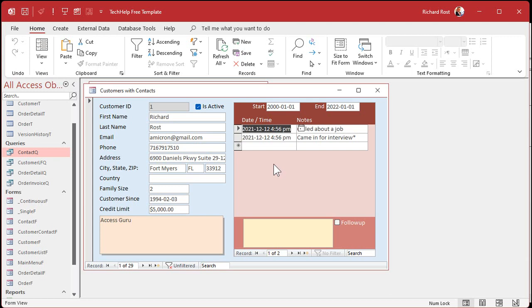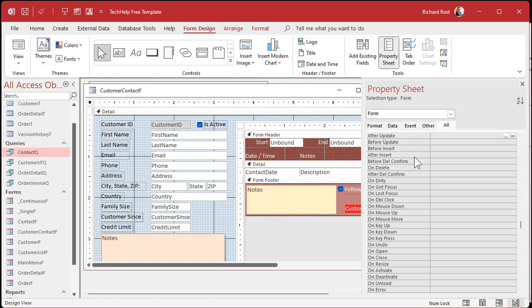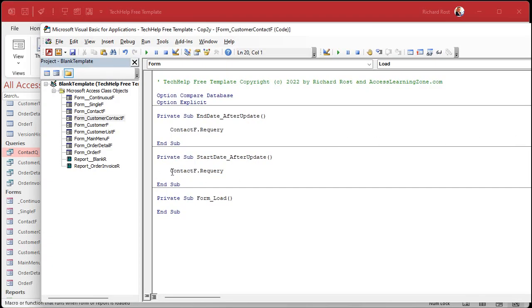Okay? How do you fix that? Well, essentially what we have to do is when this form opens or loads, either one, the open or load event, okay, we have to let this load, and then when the parent form is done loading, we have to say requery the subform just once, and everything will work perfectly. How do we do that? Well, right-click, design view. We're going to find the parent's onload event. Go to the form properties here. Go to events, onload. Onload or onopen should work too, but I usually use onload. And we're just going to say right here,